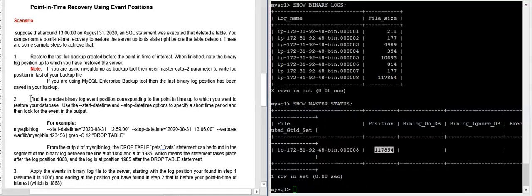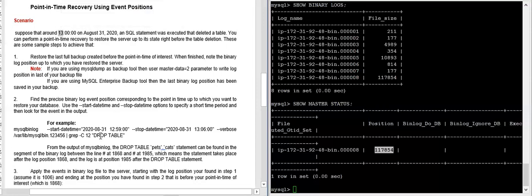In the second step, you find the precise binary log event position corresponding to the point in time up to which you want to restore your database. Suppose at 1 o'clock you have dropped the table.